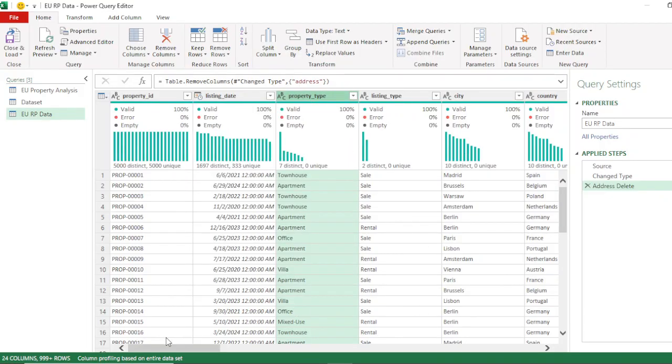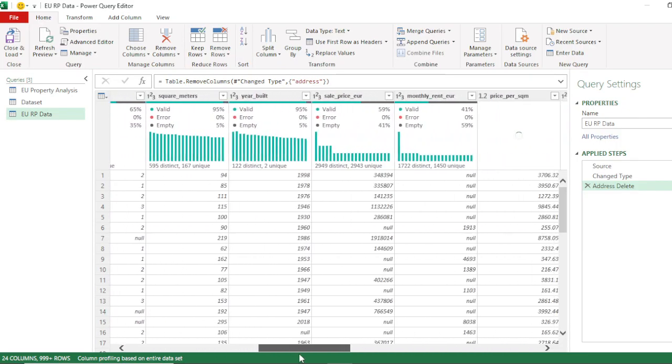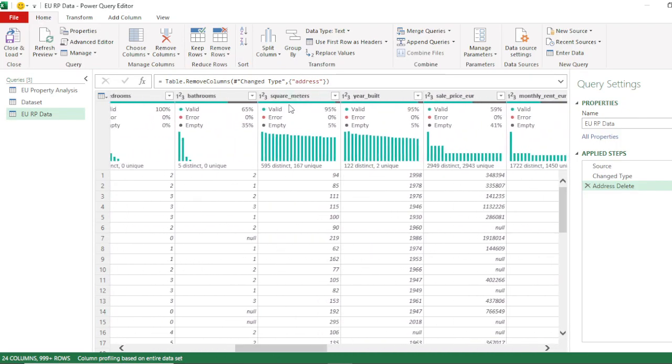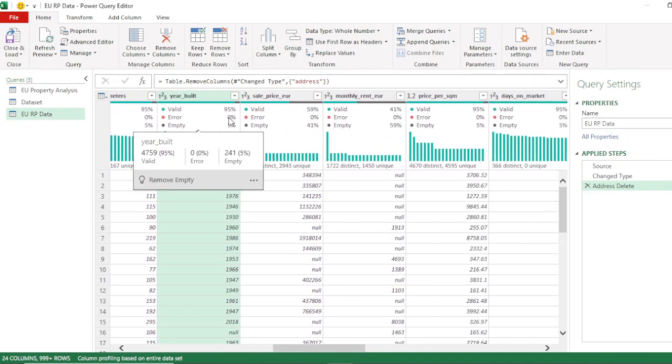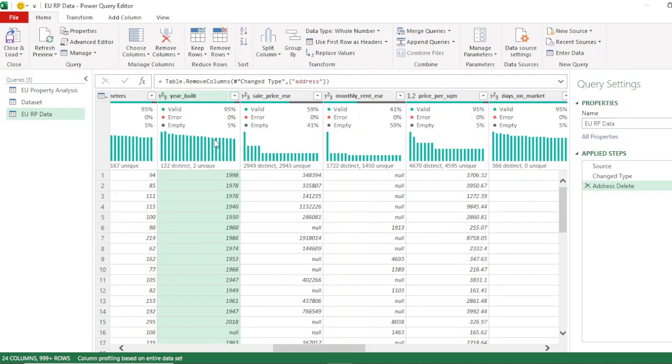What would they need to do? What really impacts the warehouse is the square meters, how many square meters it carries, and the year built, and it also carries value, like the property that you are going to sell in the market, whether it is a near-future one or an older one or a newer one. This really impacts the decision making